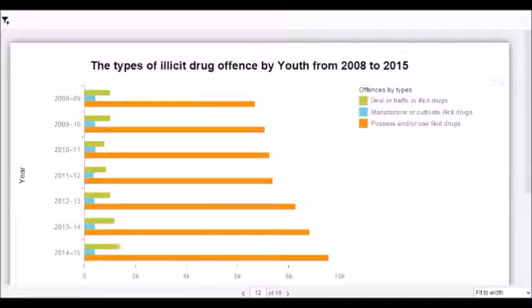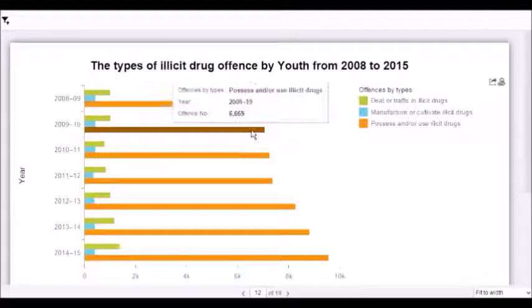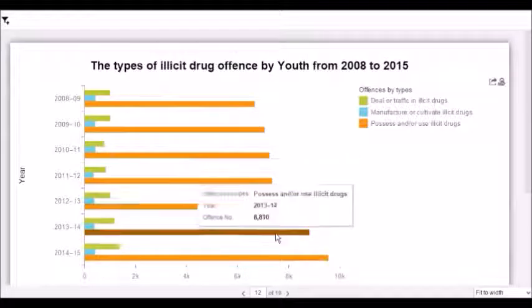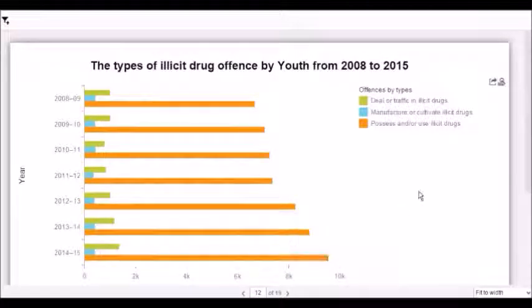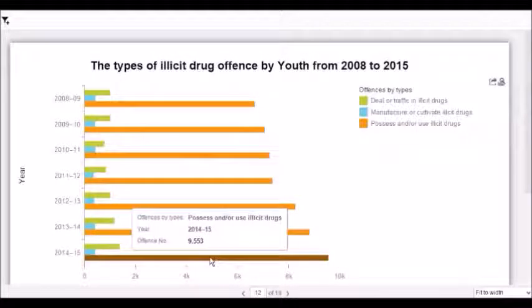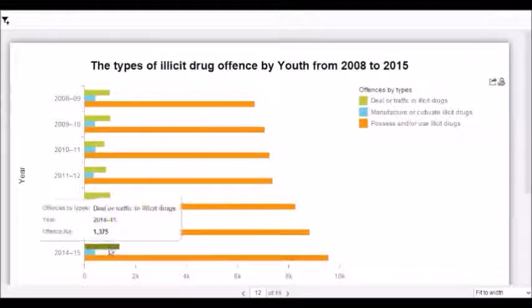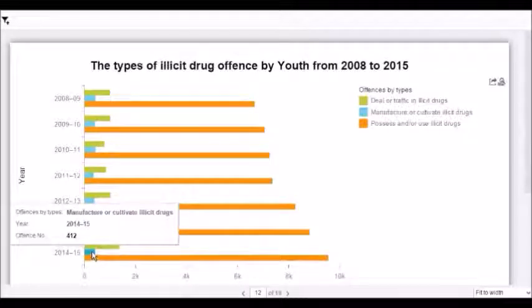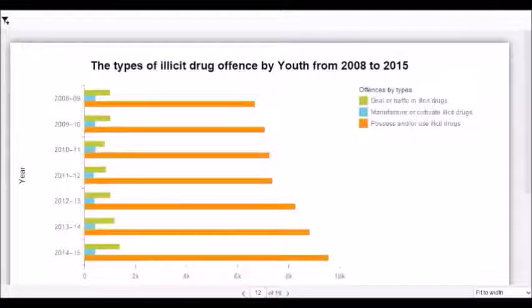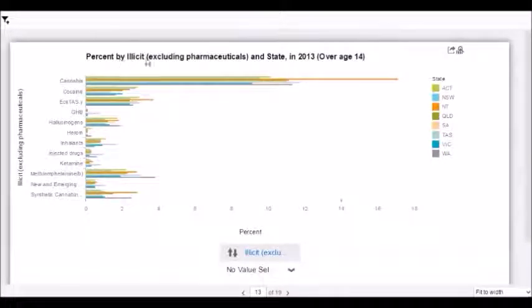The next chart shows that overall, the offence rates increased over the period, and possessed or used illicit drugs cases are far higher than the other types. In 2014-2015, nearly 10,000 cases were recorded with possessed or used illicit drugs compared to about 1,400 cases of dealing or trafficking and fewer than 500 cases of manufactured illicit drugs respectively. The following chart is